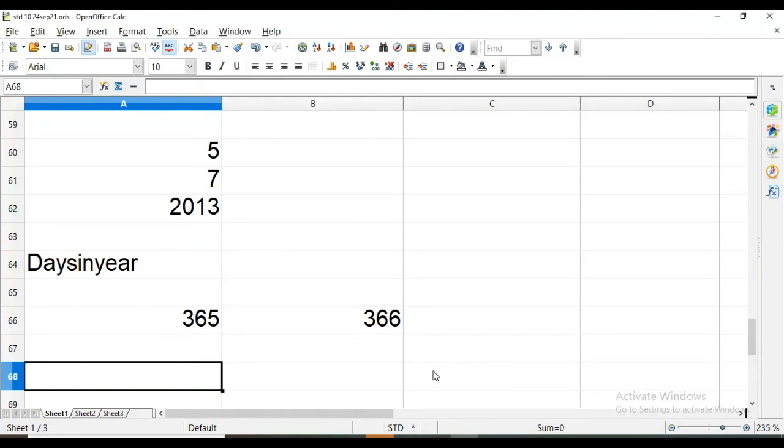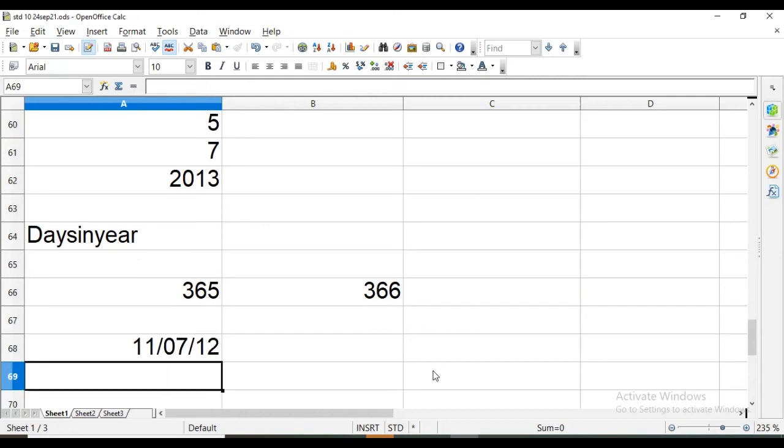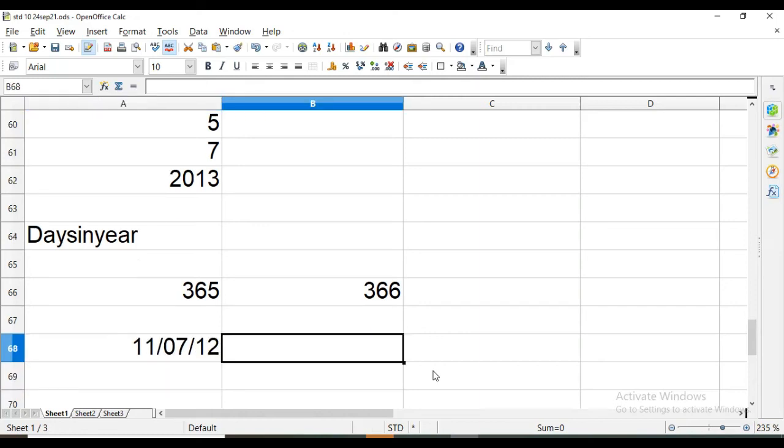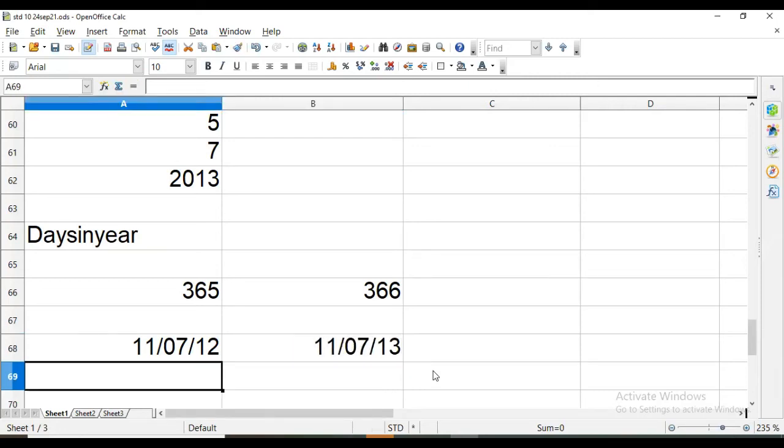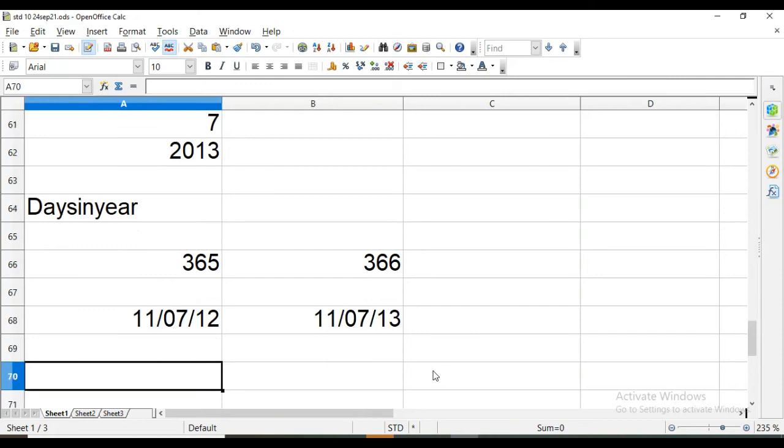Now the difference between two dates, the number of days between two given dates. For example, we are taking one date as 11th July 2012 and the second date as 11th July 2013. Now we want to find out the difference between these two dates.